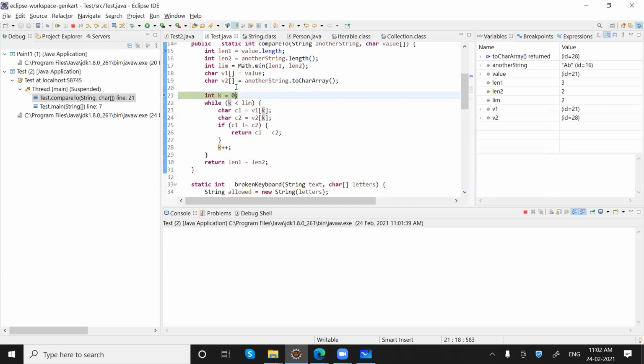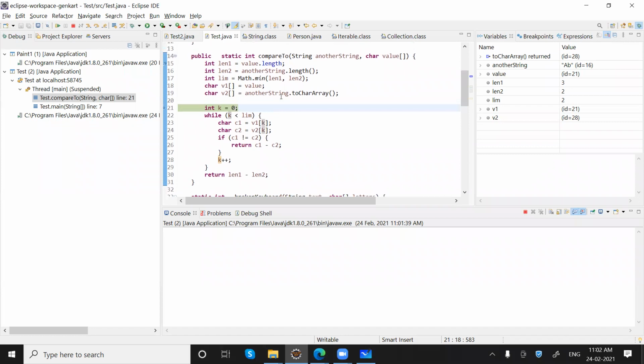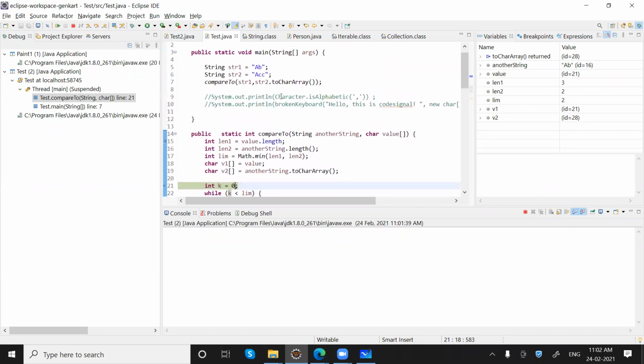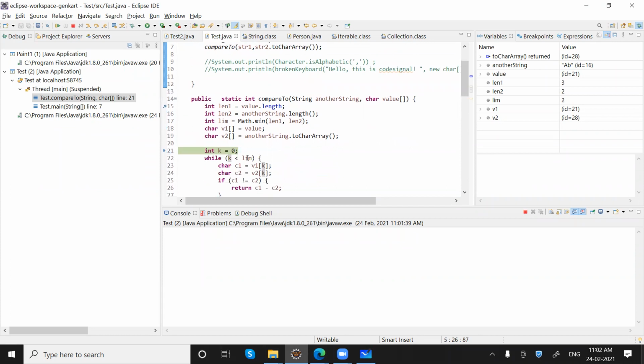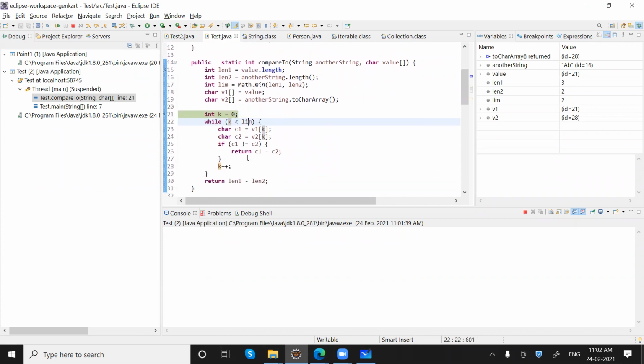That means we will check the first two characters, because there is no character to compare to the third character. In this there are only two characters, that's why we are going till the minimum one. Let me run it again.